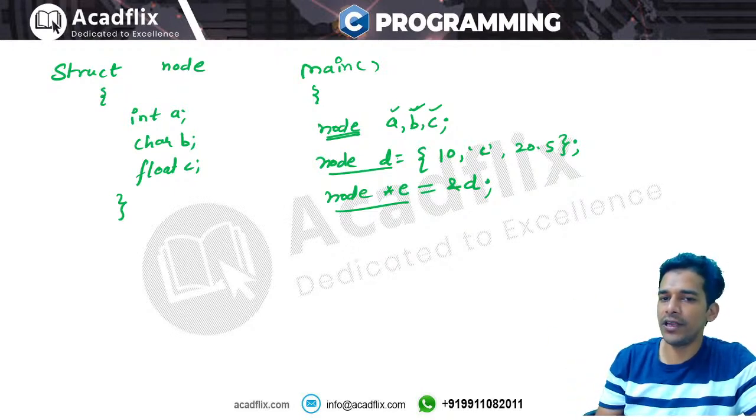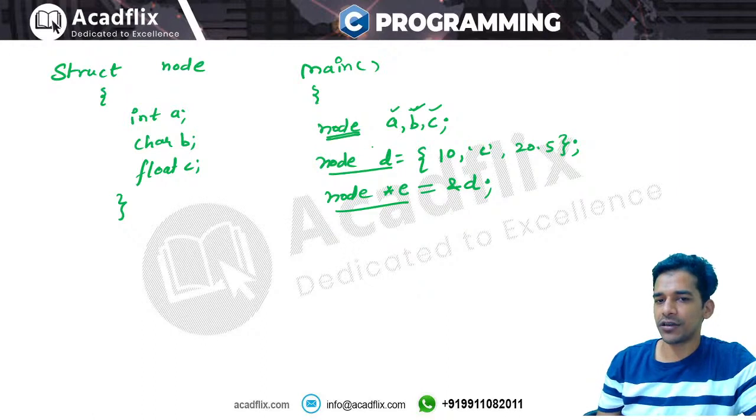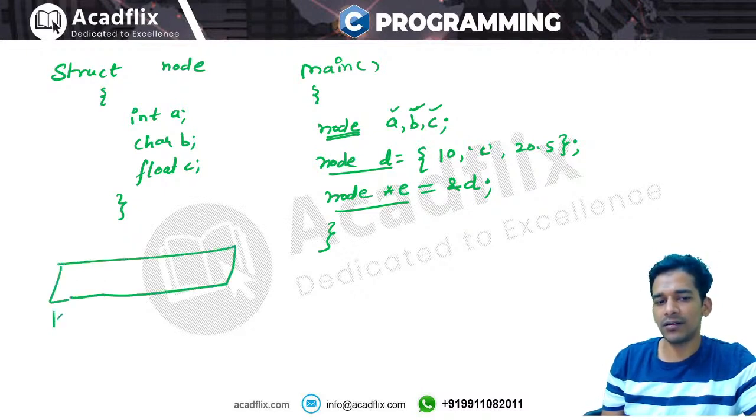Okay, like this node d, now you have declared a pointer of node type, so this node type pointer can keep the address of some other node, some other structure. So in this case, what will happen is, this node will be stored in the memory. This d variable will get some memory in the main memory, right? And this will have three members, that is 10, character c, and then float value 20.5. The address of this will be 1000, the address of this will be 1002, right? And the address of this will be 1003 because character takes only 1 byte, integer takes 2 bytes, right?